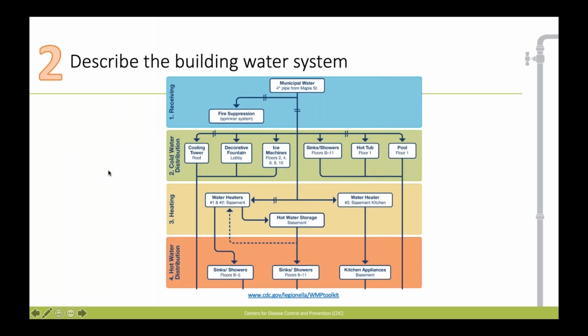The second, describing the building water system. This trips up a lot of folks because I know from personal experience, having been on site in a lot of healthcare facilities, large hospitals are complex. They have buildings that were built at different times with different types of water systems, with different types of piping, and then a wing is demolished and rebuilt as something different. And so the complexity can get really daunting when it comes to a healthcare facility's building water system.